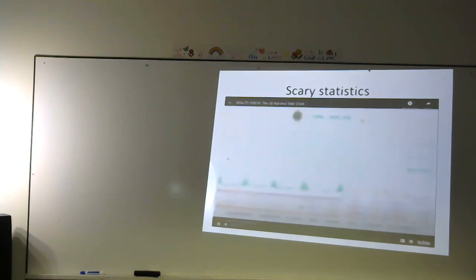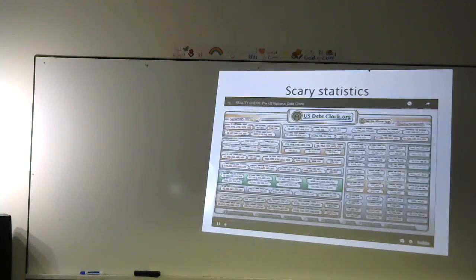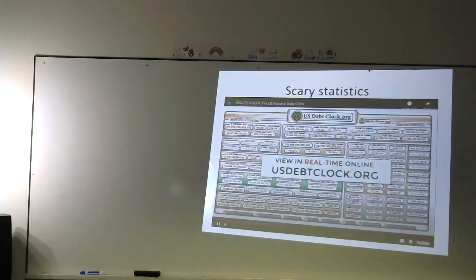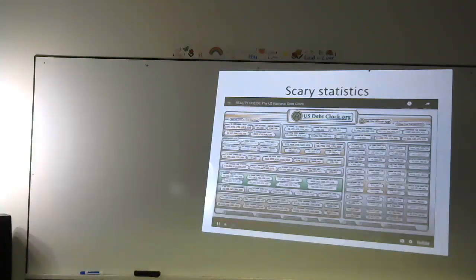This is the U.S. debt clock. This probably needs to be looked at probably once a month by most people, just to remember where things are. The debt clock is continuing to run. Nothing we do stops this debt clock from running, right? No words that are said by anybody, no plans that are made by anybody. Nothing is stopping this thing from continuing to run and run. And it just continues to run. So the national debt now nearly $20 trillion.